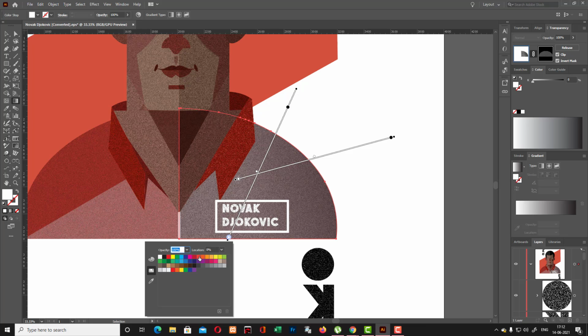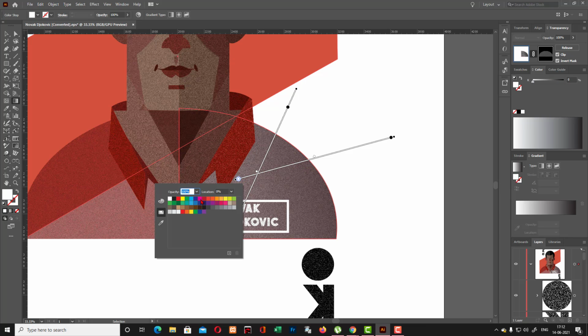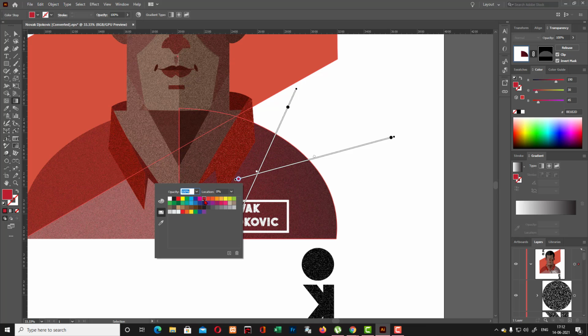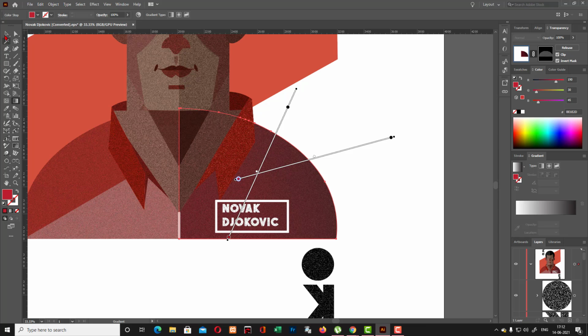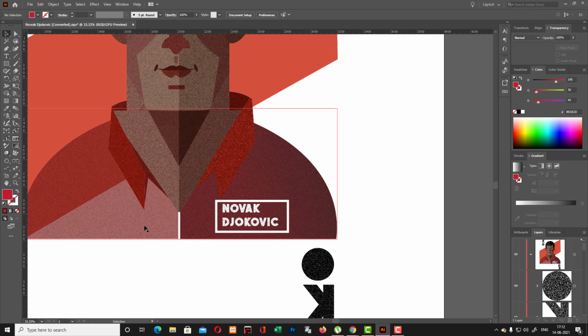If you want to change the color, just double click here and you can manually change this. Okay, hitting here, double click here, manually change this color also. So now it's looking great. So here also a